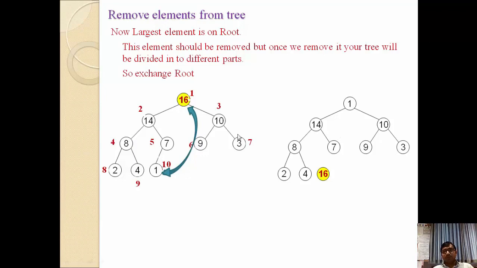But when we perform this swapping operation with the last element, your tree is now not a max heap tree. It is now unbalanced, because 1 is not larger than the left child as well as the right child. So now it is not a max heap tree. So we need to perform the same operation. We have to swap 1 with the largest one. Among these 3, the larger one is 14. So we have to swap with 14. So 14 will move here and 1 will be here.